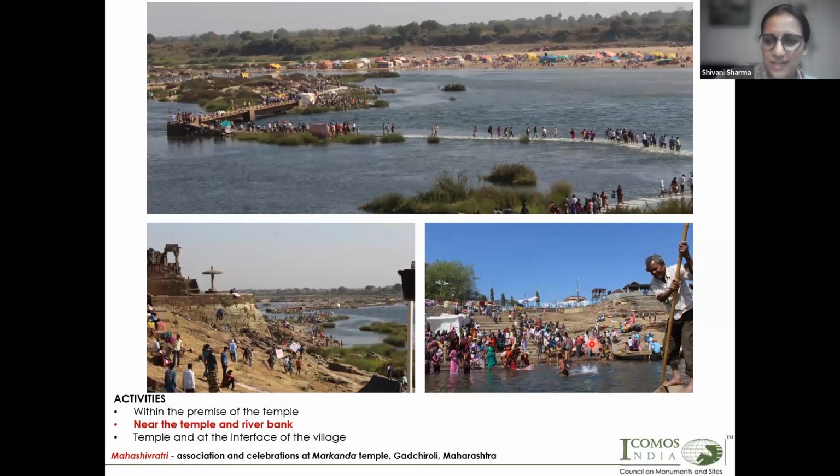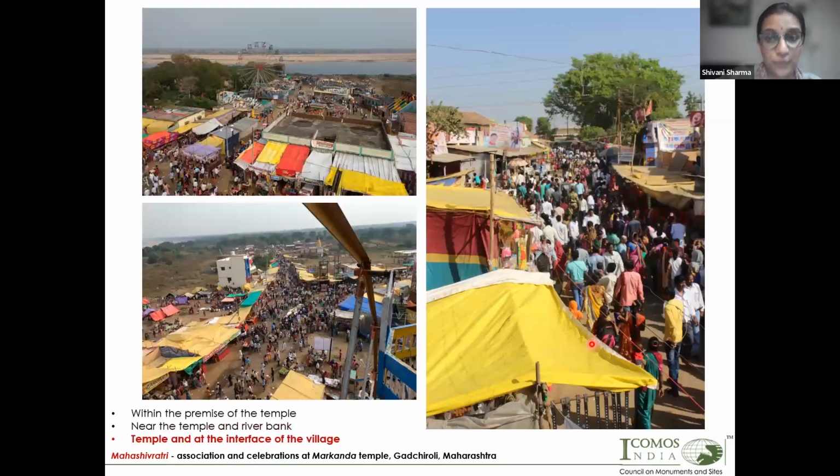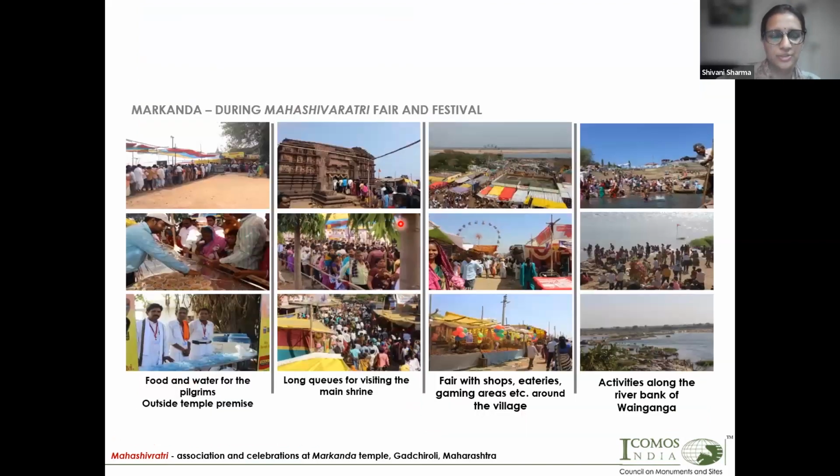But during the Mahashivratri, the whole dynamics of the space changes extremely and it looks something like this. Now, if you see these images, the village transforms completely and there are different kinds of markets and fairs, because a huge number of people are gathering during the festival of Mahashivratri and these activities are happening around. So now, as a gist of all these activities which are happening, I have tried to tabulate them,